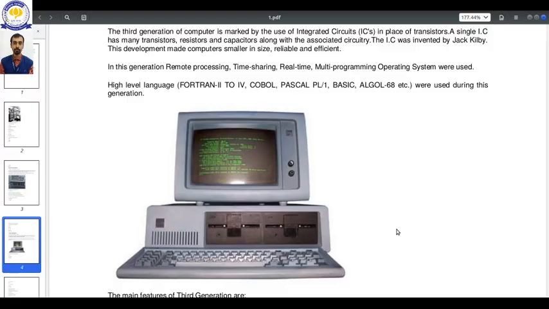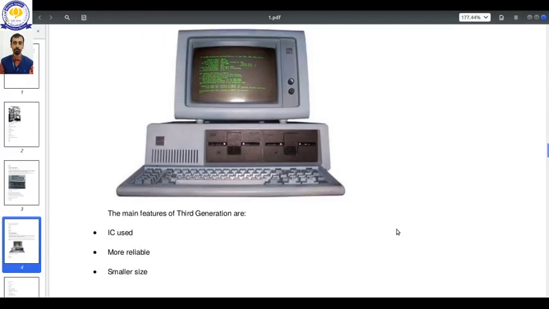If it takes less time, it is good, but sometimes what happens is it will hit somewhere else, because when something is moving on the land and you are going in a flight, if your prediction of the time is wrong, either less or more, then the rocket will hit somewhere else. So real time system means a particular time based execution. So this kind of concept was applied in the third generation.